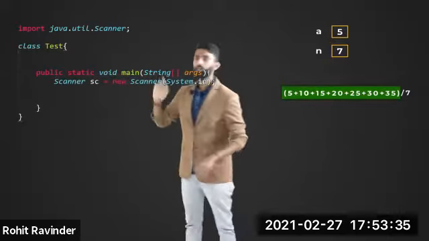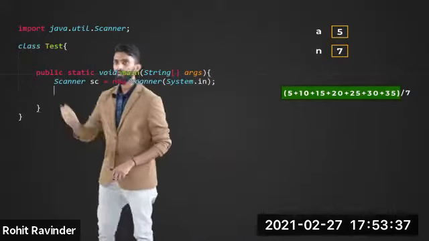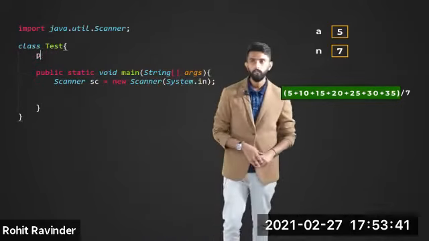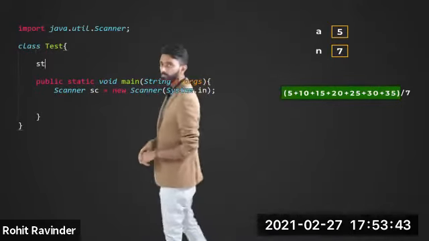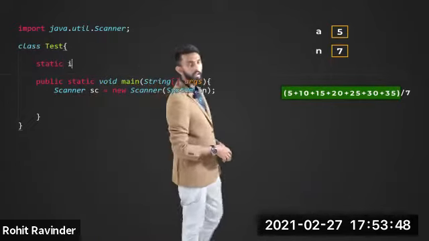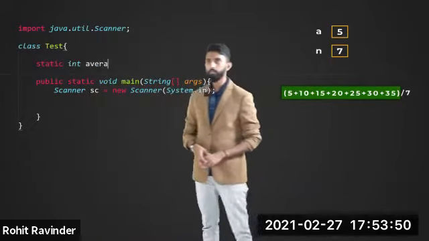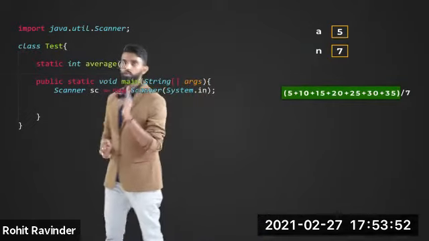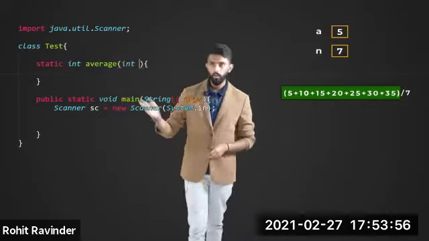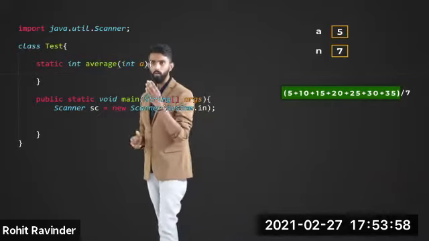Anyways, I'll create one static integer function called average, and I'll keep it ready. Static int average. It takes 2 inputs, right? A is what they had told in the description.